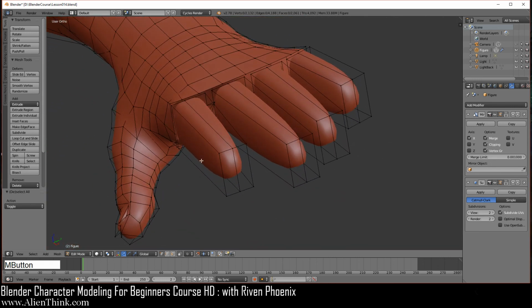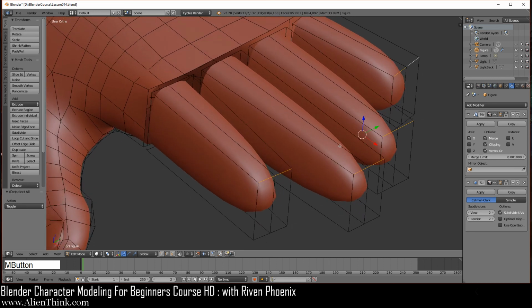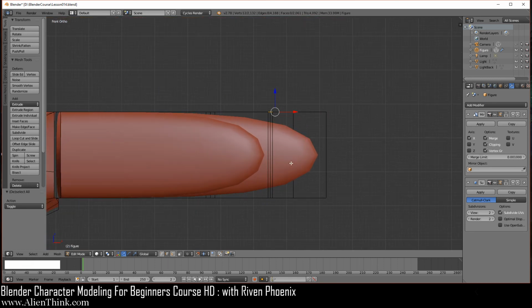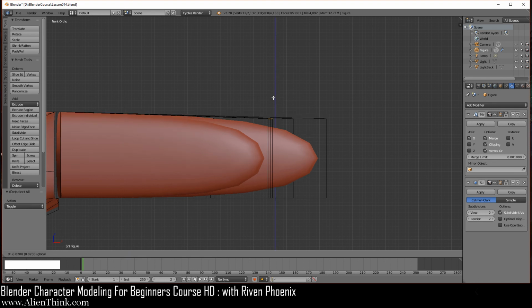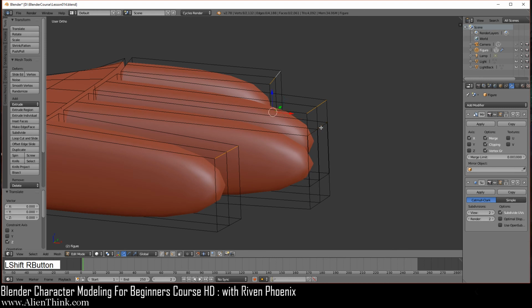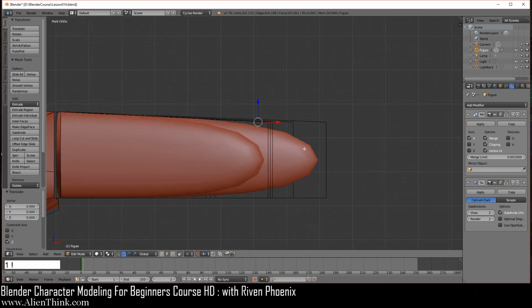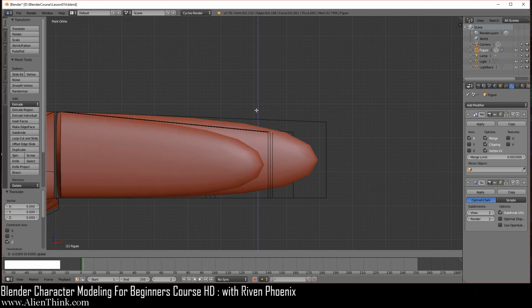Okay. So now let's rotate this and actually click this off. We don't need to see this. So switch to edge select mode. Let's go ahead and select these edges over here, all these top edges. Now go to your front view. In the smaller grid units, I'm going to bring this down 1, 2, and then 3. Okay, now rotate and then deselect these 2 edges over here. I'm going to go back to the front view again. Now bring this down 1, 2, 3, 4, and then 5.